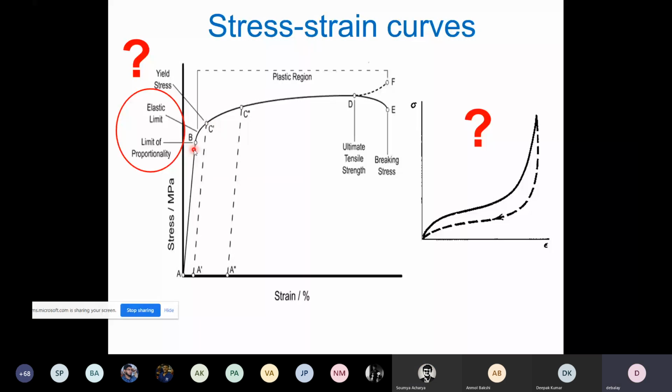Up to the proportional limit, direct proportionality is maintained, Hooke's law is maintained. After that, higher order terms come into play. So there is a little bit of nonlinear elasticity. You may see that, you may not see that. In metal, we do not see that. Therefore, in a lot of books, you will find that it is written that proportional limit and elastic limit are the same point, which is also valid because elastic displacement is very small. That's why there is no scope of nonlinear elasticity.